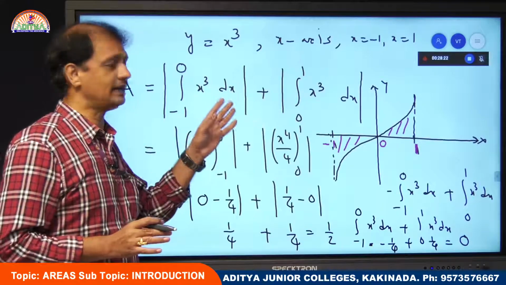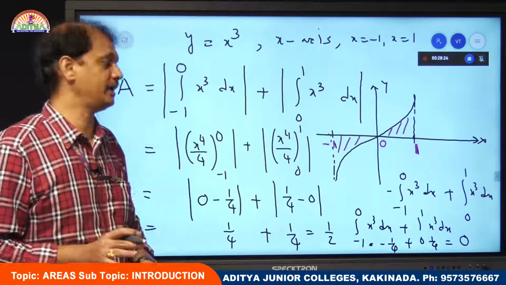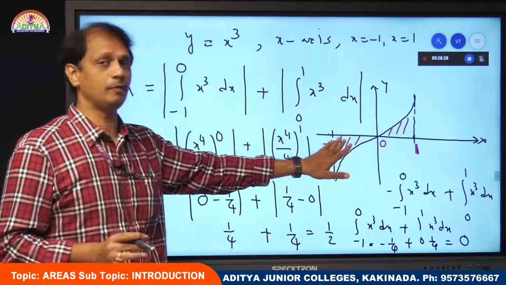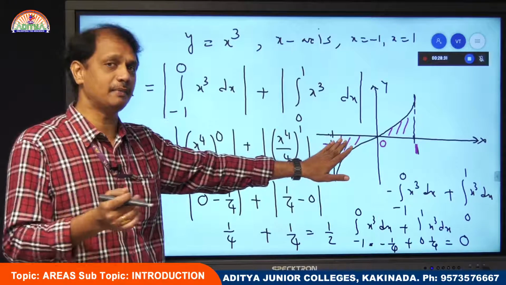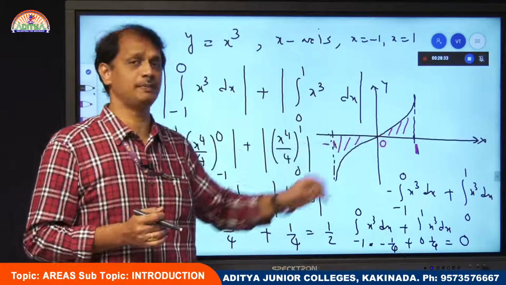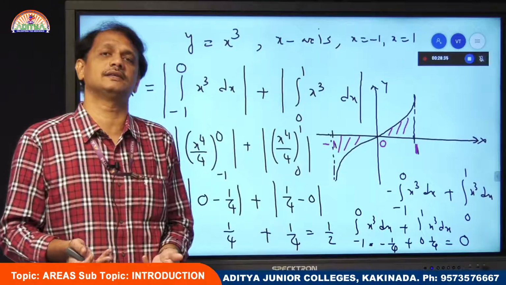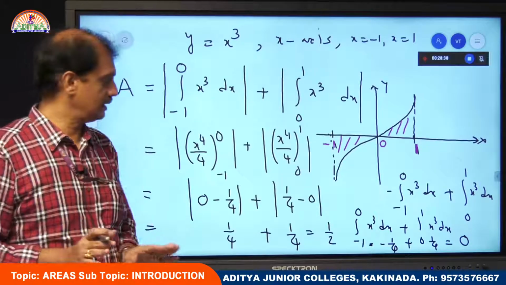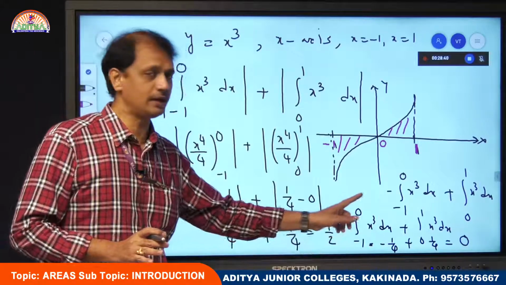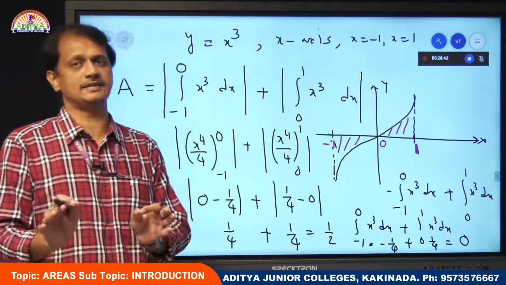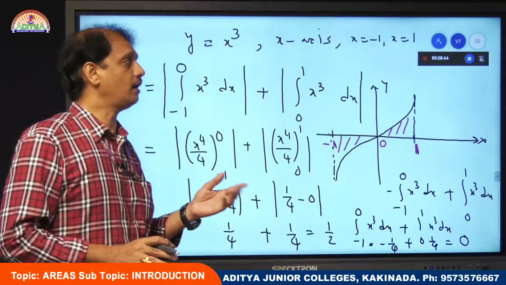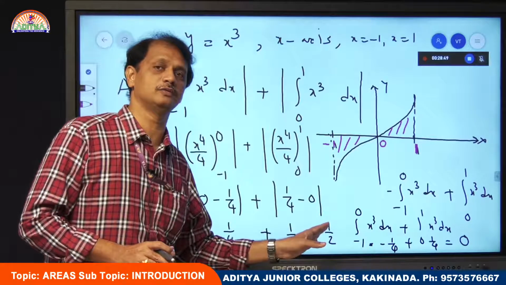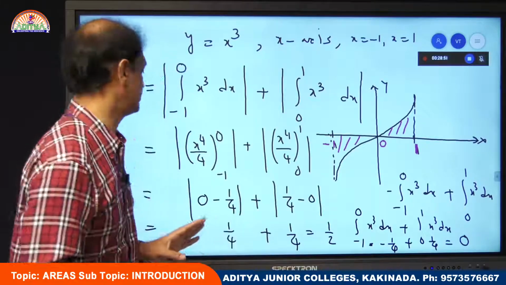Now here area is the sum of the areas. That means here it is positive, you are taking a positive quantity. Suppose it is negative, by adding a minus sign, we are adding these two. That means we are getting the area of the region. That is the main difference. Whenever anybody asks integral minus 1 to 1 x cube dx, what do you have to say? It is 0. Suppose they ask the area of the region, in such cases what is that value? 1 by 2. Okay, this is our third case.